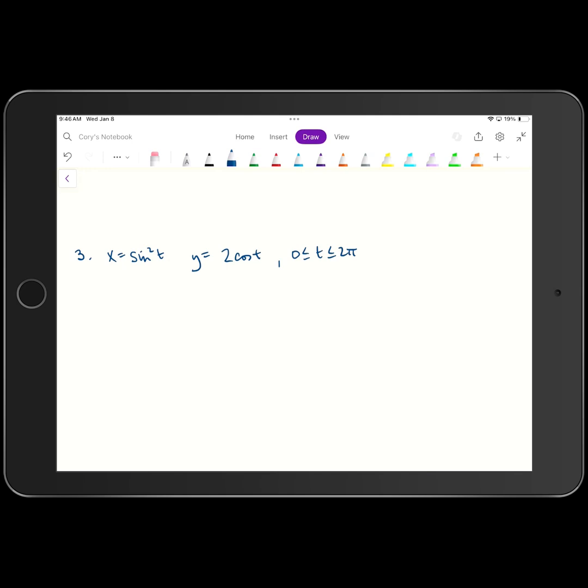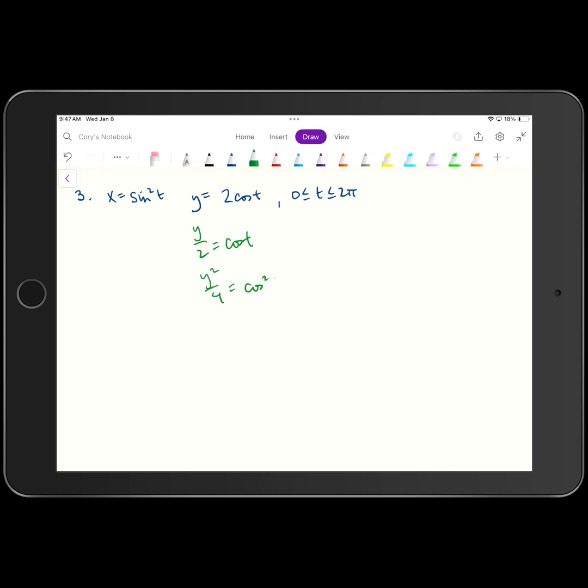Okay, so let's take a look at this one. Again, some similarities to the last one. Just going to be a slightly different problem because x is defined as the sine squared of t. y is 2 cosine of t. So I'm going to do the same thing that we did in the previous 2 examples. When I isolate the trig function, y over 2 is equal to the cosine of t. And then when we square both sides, we get y squared over 4 equal to the cosine squared of t. So again, if we use the Pythagorean identity, sine squared of t plus cosine squared of t is equal to 1,